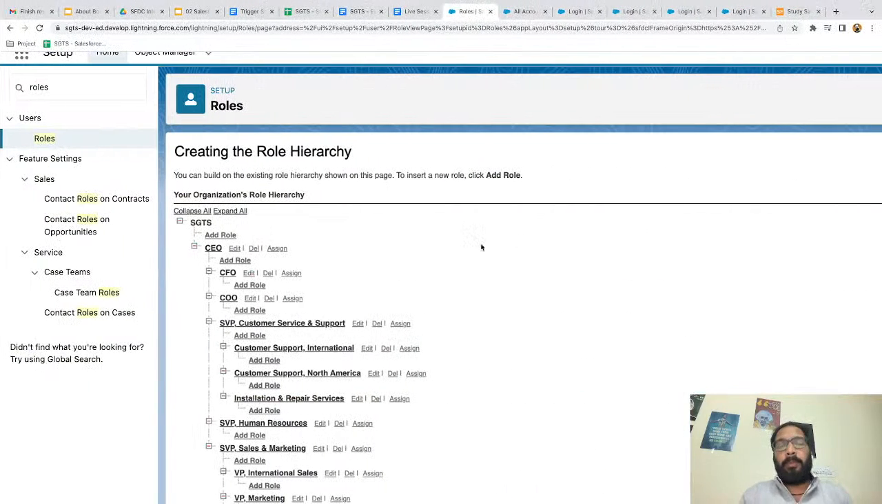Now, before implementing the sharing rule and testing that, what you need to do, because we have a limitation of two users only in this org, we can create two users, and both the users are already aligned with this role hierarchy. Okay. Now, if you want to test the sharing rule, you need to unassign those users from these roles. So what I'm going to do, I'm clicking on assign